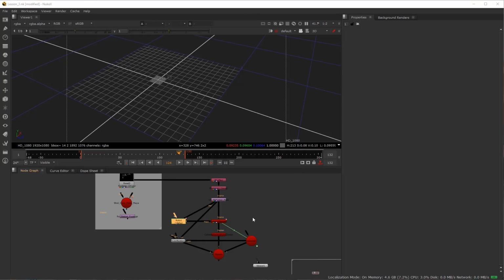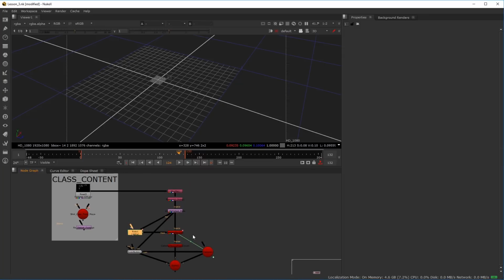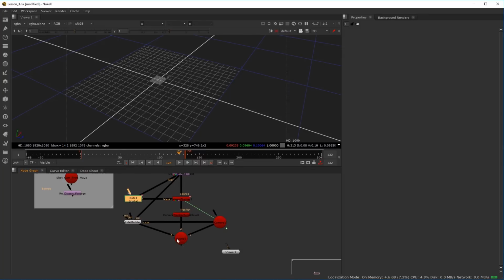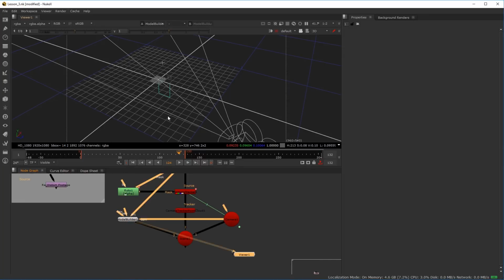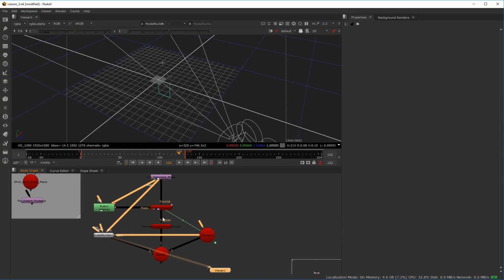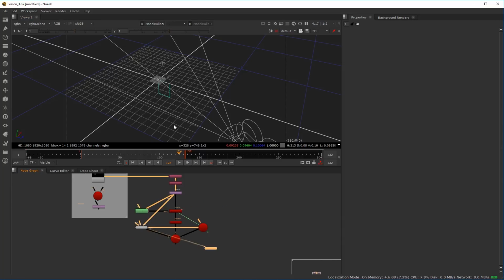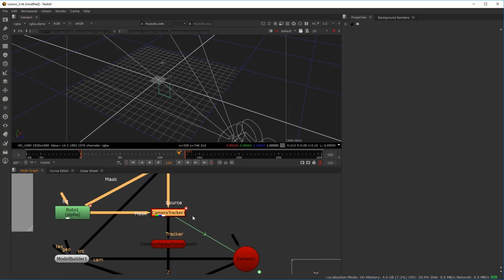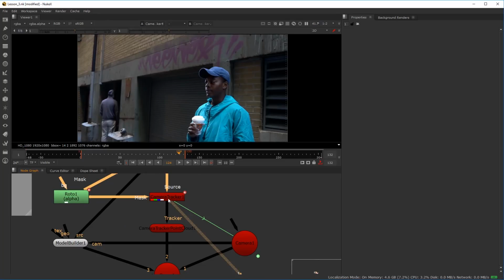All right, so we are back for lesson 3, and we are going to do a couple of projections. If you recall from the last lesson, we went ahead and built the actual 3D geometry here. Now, some of you who are probably familiar with the whole process of clean plating might be asking yourself, hey Matt, aren't you aware that if you can just put your viewer to the camera tracker node and double-click the